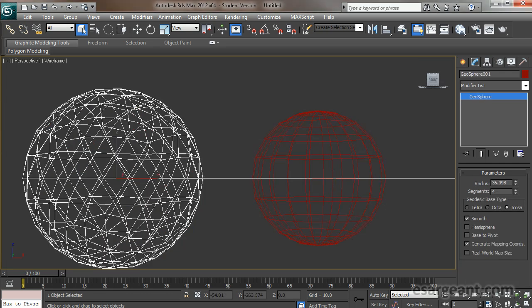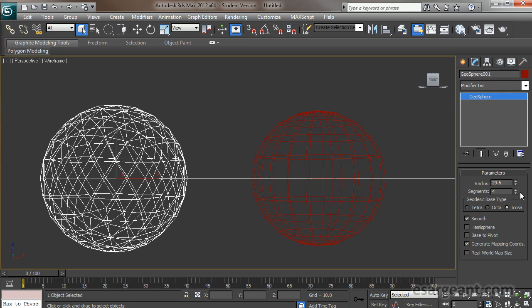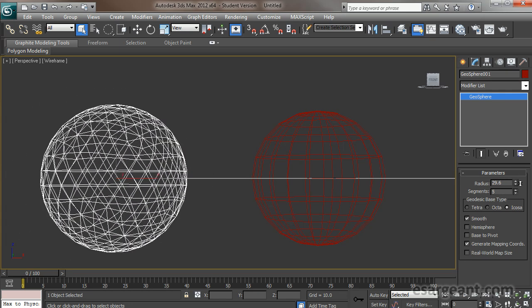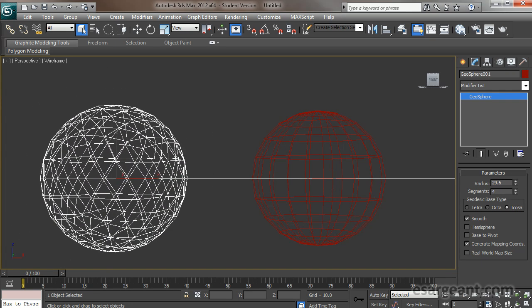I can come back over to the Geosphere, and you'll see that it's changed to Geosphere 1, and again I can adjust the radius and the number of segments that make up this object. Be sure to explore each of the parameters that are available when you create a new object, and they'll change according to the type of object that you're creating. You'll notice that I can also change the name of the object using the Modify menu, so I could call this something like